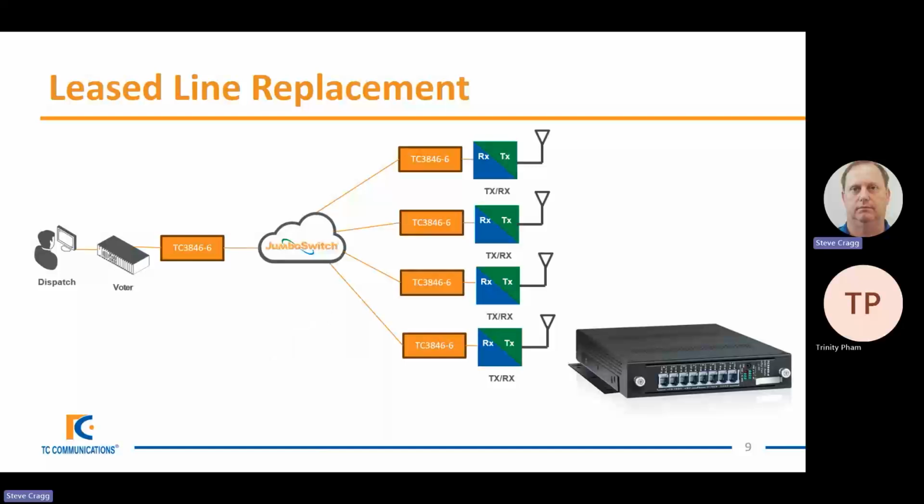And the IP network that you will be using in this case, you can use a JumboSwitch one. There's nothing to stop you using a third-party IP network should you have one available, but if you don't, then you'll see through this presentation that the JumboSwitch is an excellent choice for this.